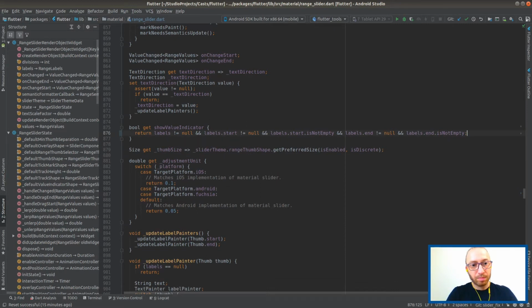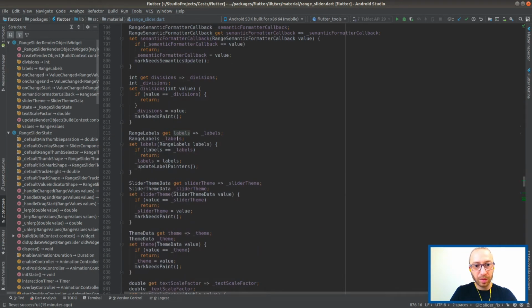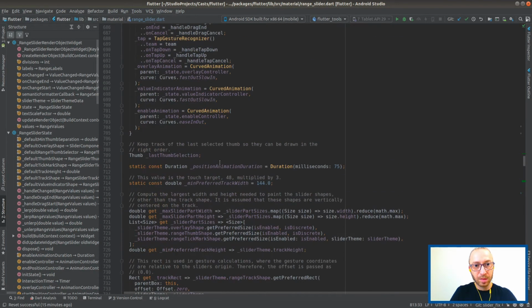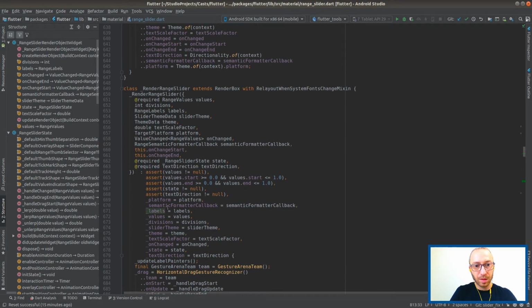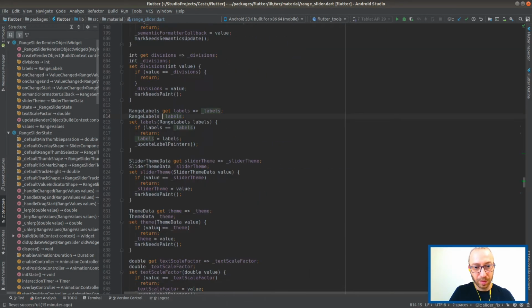Okay, I guess let's fix this part. I think this makes sense, right? So show value indicator is true if there are labels, because if we go and look at what labels means, where is it defined?